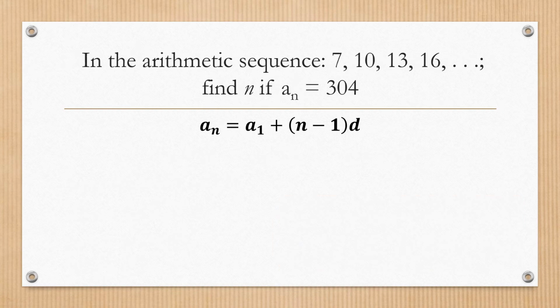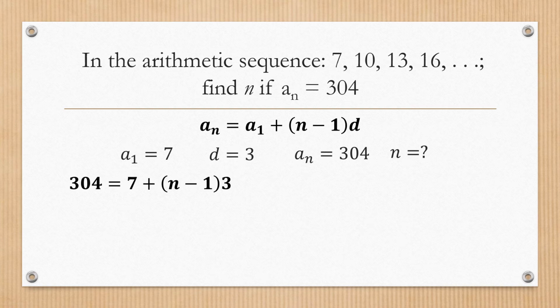Let us deal with another example. In the arithmetic sequence 7, 10, 13, 16, and so on, find n if a sub n is equal to 304. So identifying the first term, which is 7, the common difference, which is 3, the a sub n, which is 304, and we are looking for the n, or what term is 304. So substituting all the values to the formula, we have 304 equals 7 plus the quantity of n minus 1